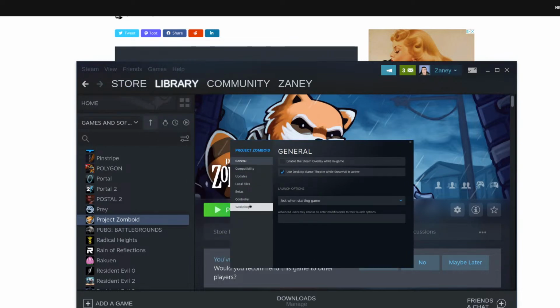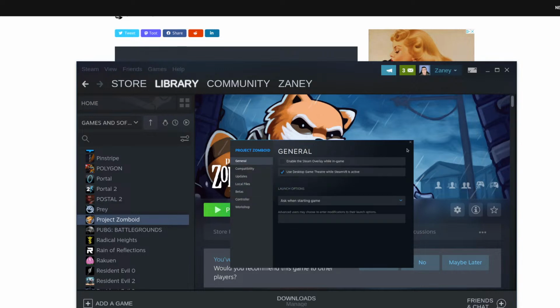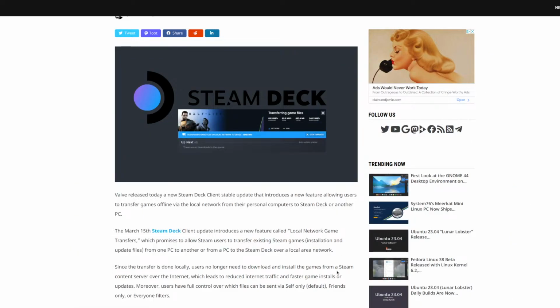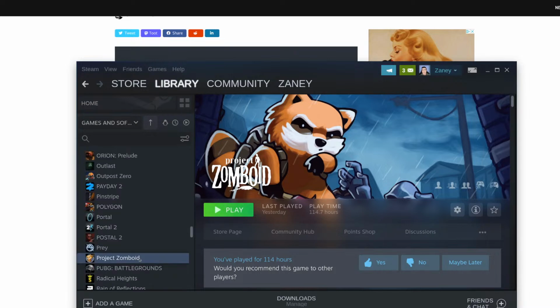Let's see. Local files. No, there's no transfer button there. I don't know. We'll find out. I think what you do is right next to the play button, there's that little down arrow. Oh wait, hold on. Let's go back up here. It might not be on Zomboid, but on other games. Well, Project Zomboid, I believe, is the only one I've got installed right now. Yeah, but if you have another game installed, you'll have a green drop down arrow right next to that play button,